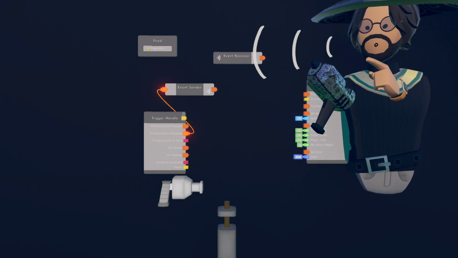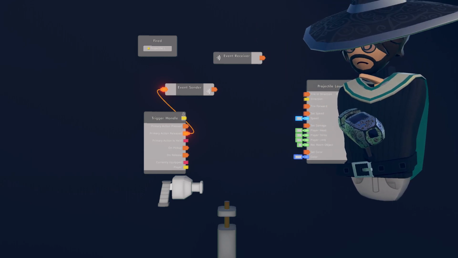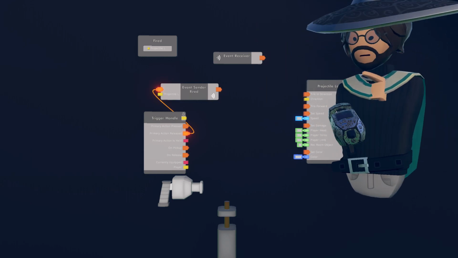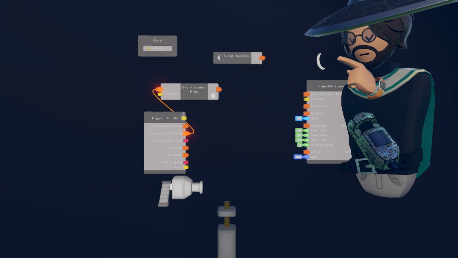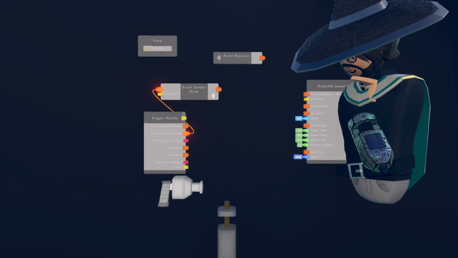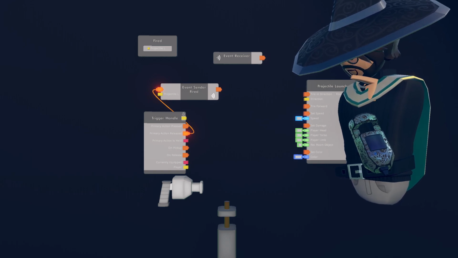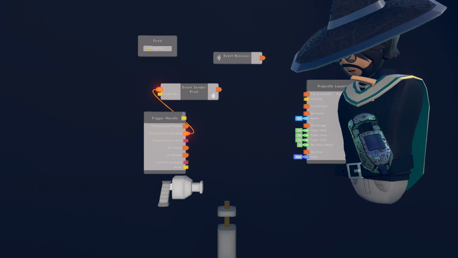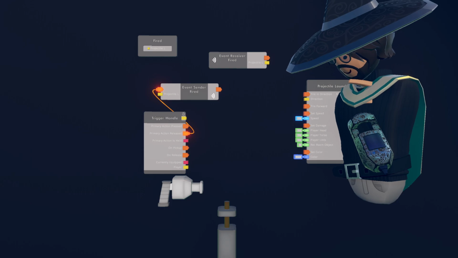All right. So we're going to configure these to that event that you just made. Mine is fired. And configure that as well, your event receiver. A lot of events. Gotta find it here. Top. Yeah.